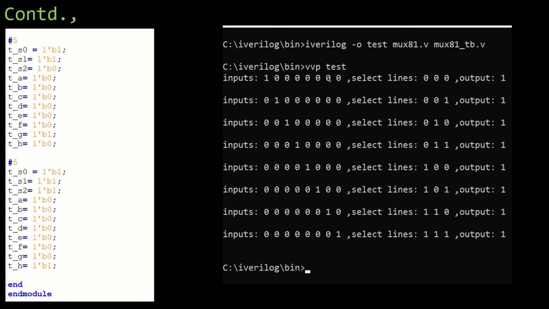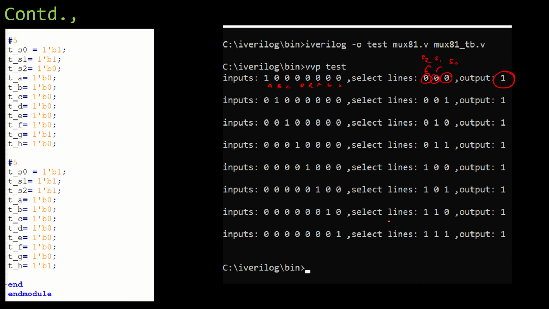We will see the inputs here and we can see the output here, and we can test it one by one. I have taken some random values here. I have just passed the inputs as A, B, C, something like that, and you can see the values for S0, S1 and S2. Can we take the first one? S0 is 0, S1 is 0, S2 is 0. So what will be the output? It is A, B, C, D, E, F, G, H. So output is A. That's it.